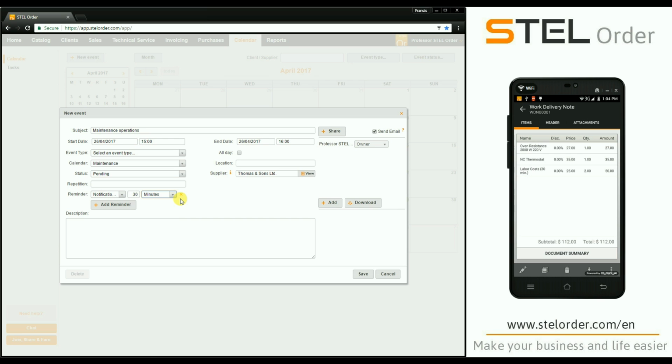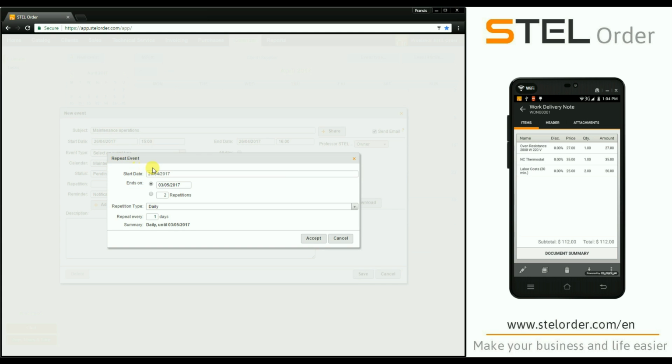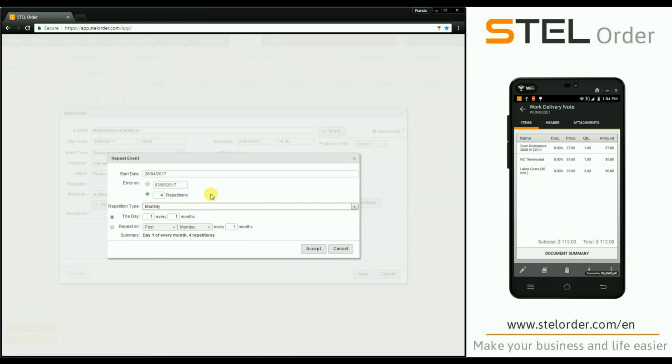Now, to make this a regular maintenance operation, say Thomas & Sons want to be reviewed every 3 months for the next year. Okay, so we click on repetitions, and basically we'll select, if it's going to be for the next year every 3 months, that'll be 4 repetitions. We want that to happen monthly, because that's the basis it's going to go on, and we'll say the 26th